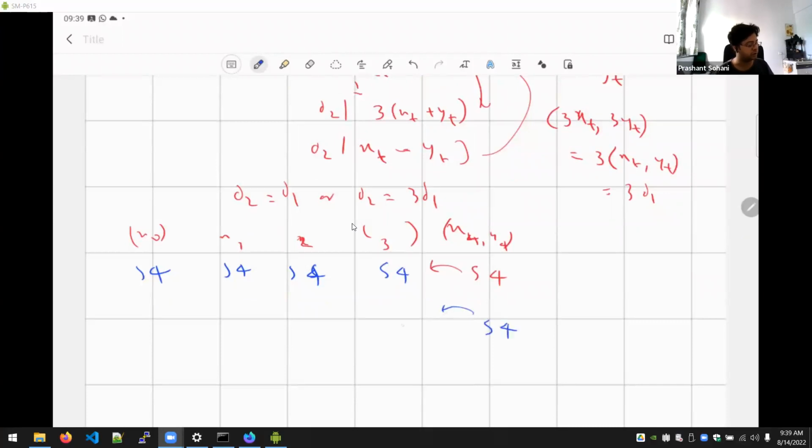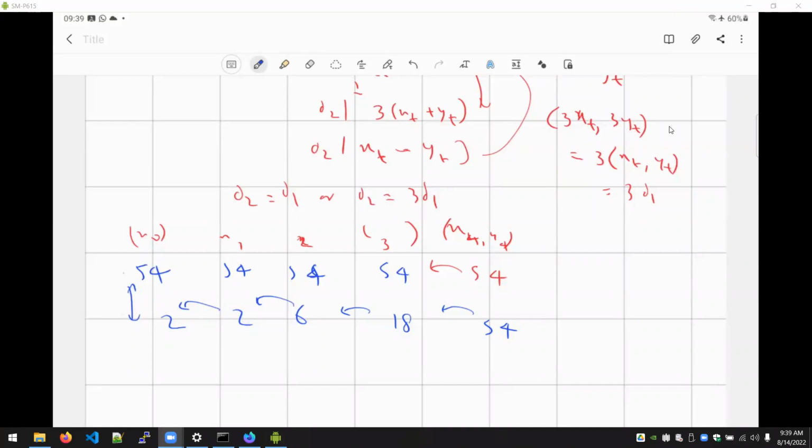So from 54, it may go down to 18, then 6, and then it may go down to 2. And once it goes down to 2, there is no way but for it to remain constant. So these are the two extreme cases possible. Either it will remain constant or it will keep reducing. So therefore the range is 2 to 54, and it's not hard to come up with some numbers which satisfy both extremes. Yes, Gaurav.